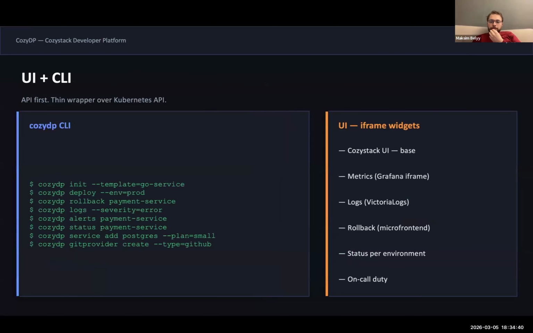So after all, as I said before, I want to have an API-first approach. Because I want to implement a CLI for the developers, just a very simple wrapper over the Kubernetes API.